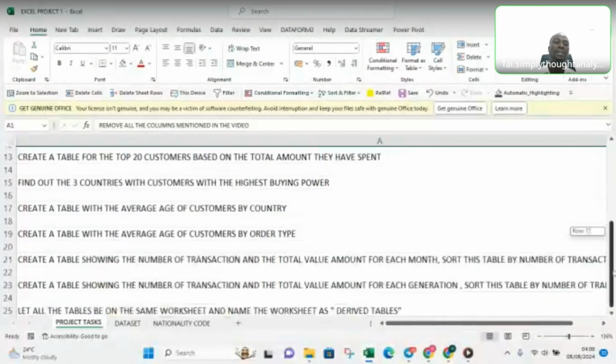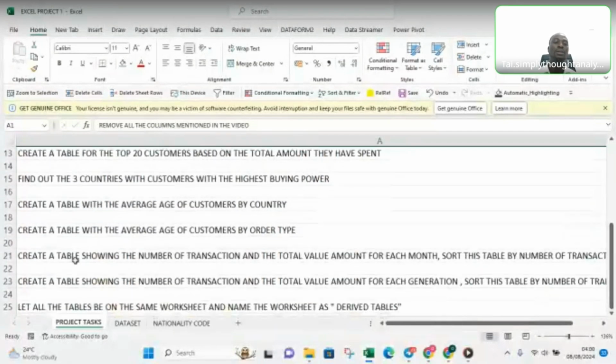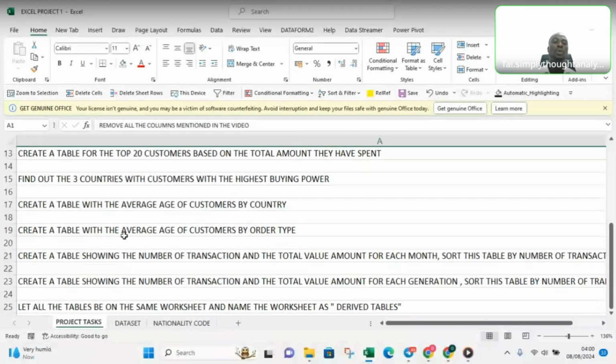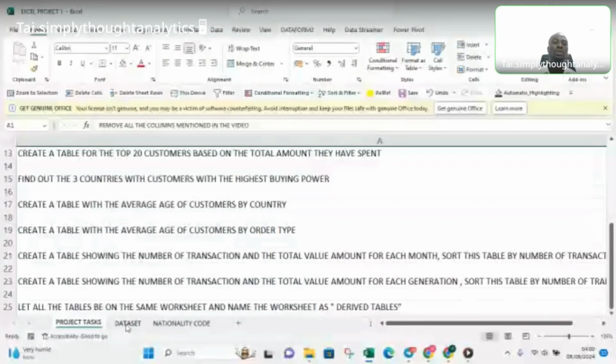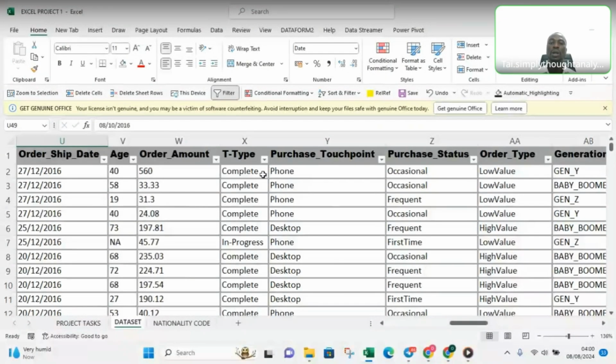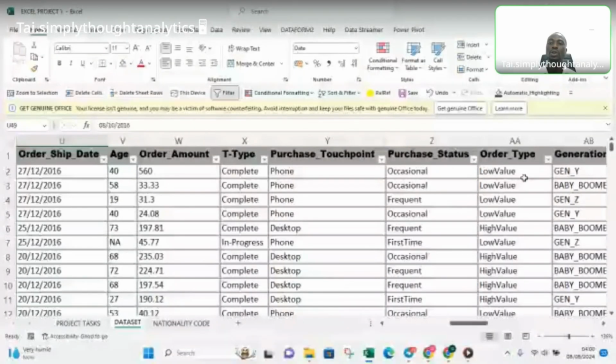Then we are creating another table. So we are creating another pivot table with the average age of customers by order type. So what you want to see is that if you look at here, you will see order type. Some are low value, some are high value. So we want to know the average age of our customers